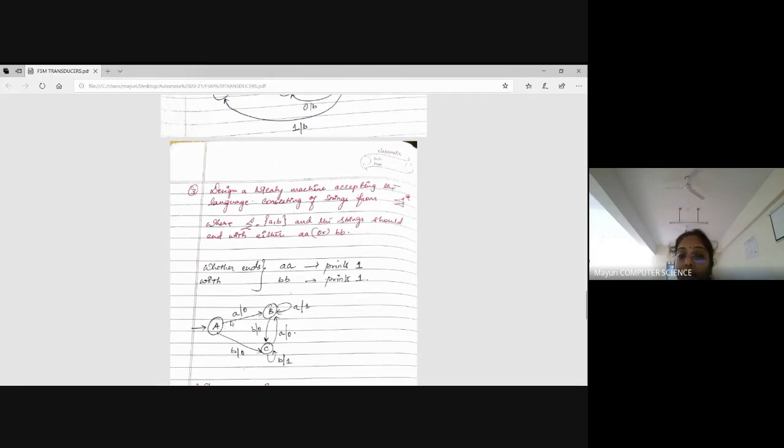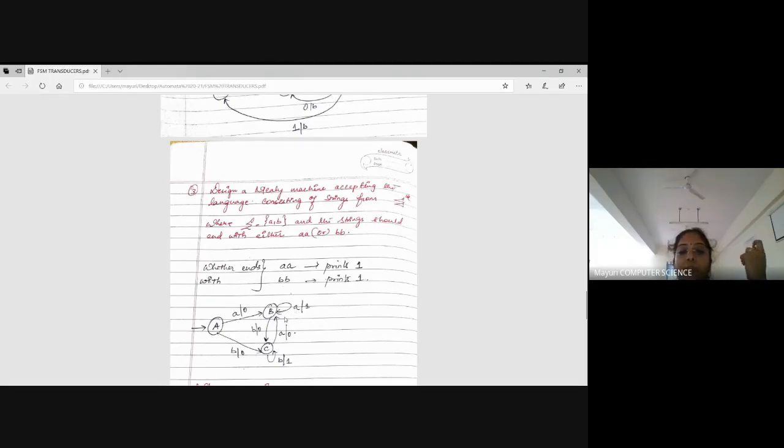For the state A, you have given both the inputs, no problem. You have given one input A, one more input B. So A got satisfied fully. But for a single B and single A, the output has to be 0 only. After A, in my state B, if I take one more A, probably this is the acceptable state called 1. Because already I have consumed A, my output is 0, no issue because 1A, 0 only. After 1A, if I consume one more A, what is that? AA. For AA, the output has to be 1.